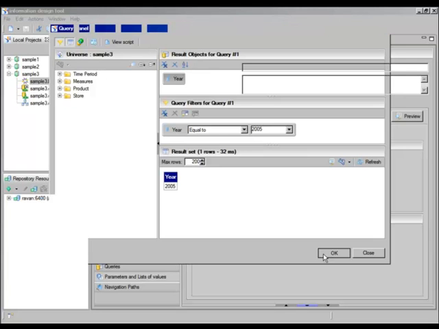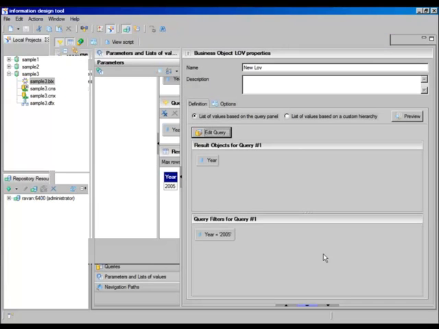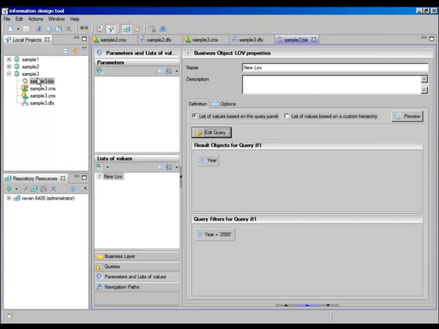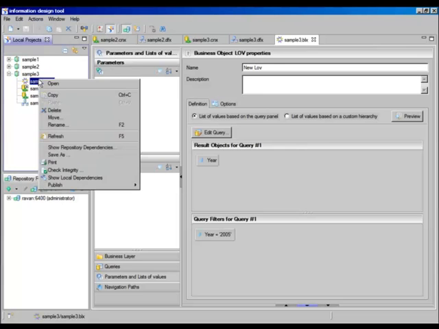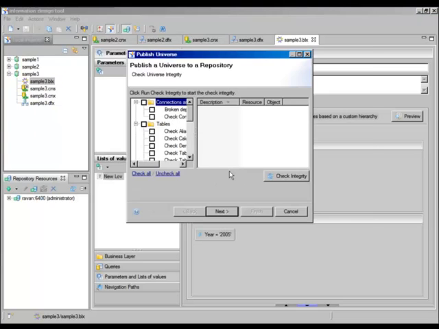Click on OK, save, file. Now you just need to publish to a repository. Click on next, click on finish, close. Now when you see in the rich client,